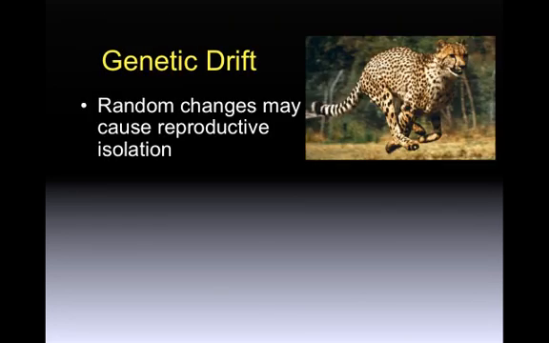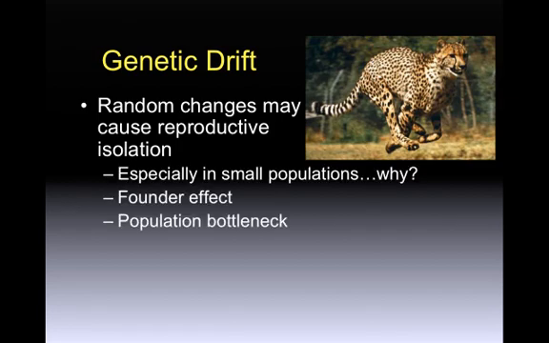Another situation that occurs when you have isolation between two populations is genetic drift. Genetic drift, as we've seen before, is a potential way to have speciation, or not necessarily speciation, but evolution happen, where you have random chance changes in gene frequencies, especially in small populations. In small populations, there's a much greater likelihood of random things affecting the individuals you have. A very good example of this, and at this point I haven't lectured on this, but I imagine I probably will lecture on this. I'm sort of predicting the future from the future, is that